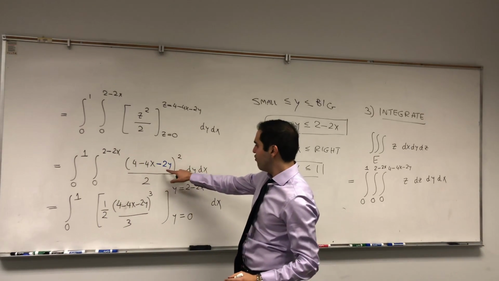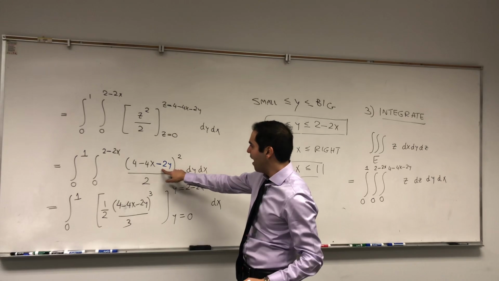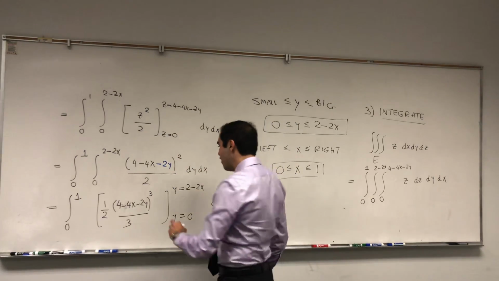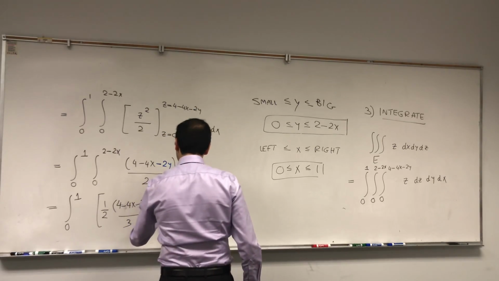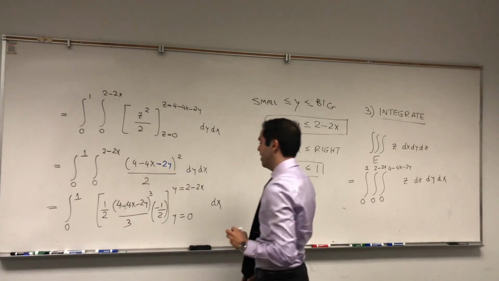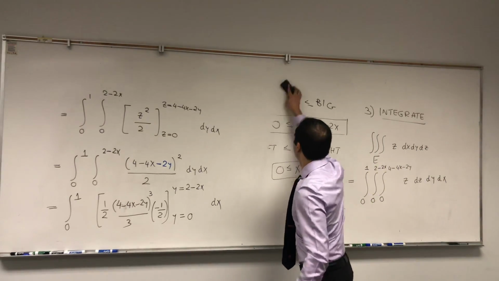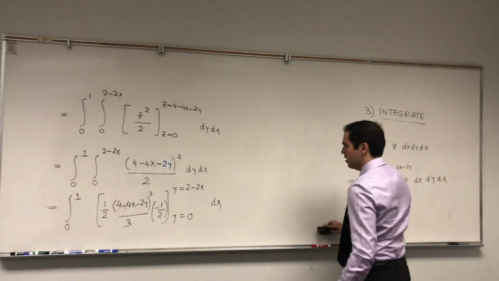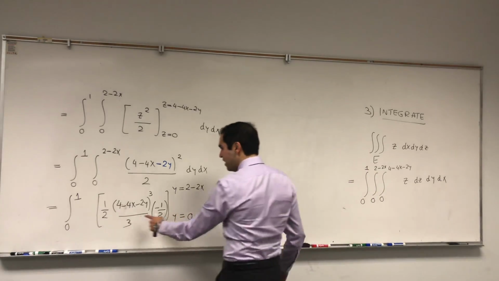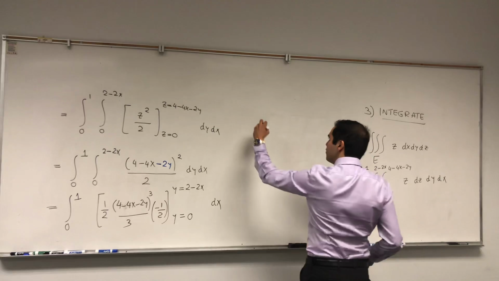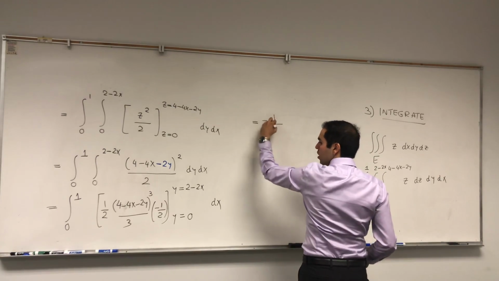Except, if you differentiate this with respect to y, you have an extra factor of minus 2, so you have to divide by minus 2 to make this work. And then what you get is minus 1/2 times 1/2 times 3, which I believe gives you minus 1/12